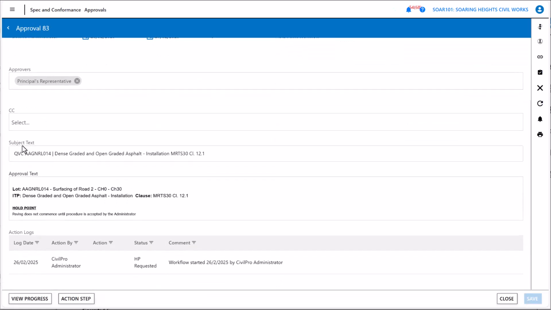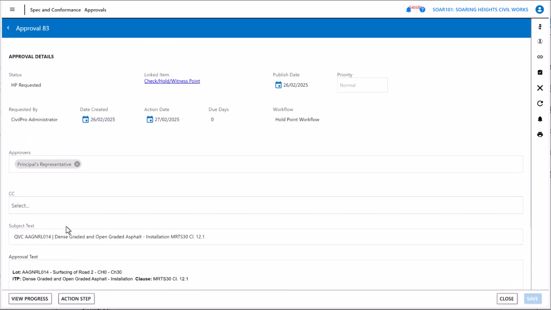I can see the subject of the approval. Here is an excerpt from the hold point within the checklist itself, along with some context on the lot in question and the ITP being used. Down the bottom here is an action log: who raised the hold point request, myself or the client's representative in this situation. If I want to check the actual ITP or the checklist in context, I can click